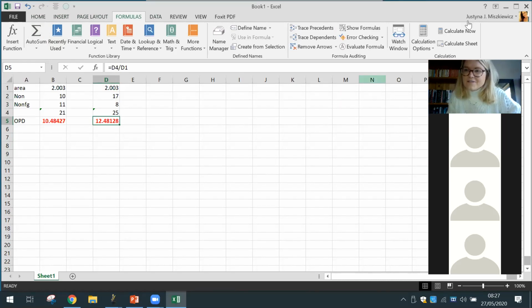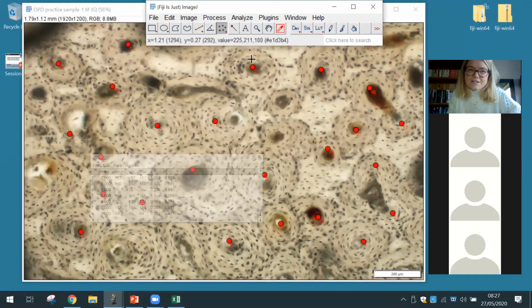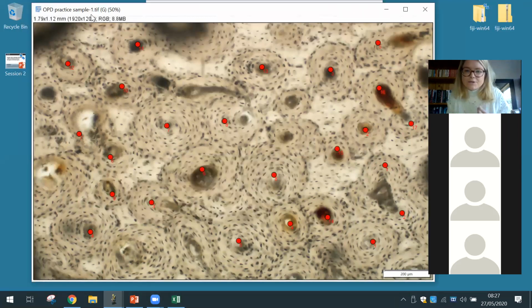So what we figured out is that this image, the sample, so that was actually sample 1, not sample 2, sample 1, even though it's got fewer remodeled osteons, I mean, that's what it looks like anyway. Yeah, the OPD value is a little bit higher. So if you repeated this in your research project, if you've got lots and lots of samples from different individuals and you've consistently looked at the exact same area, you could start seeing some variation in OPD,